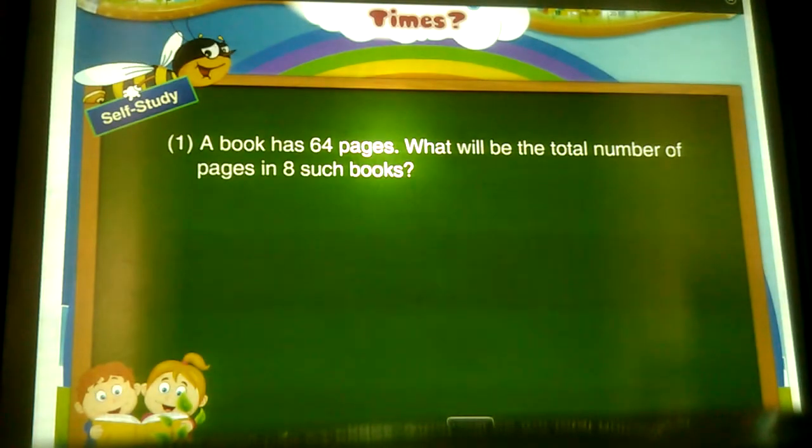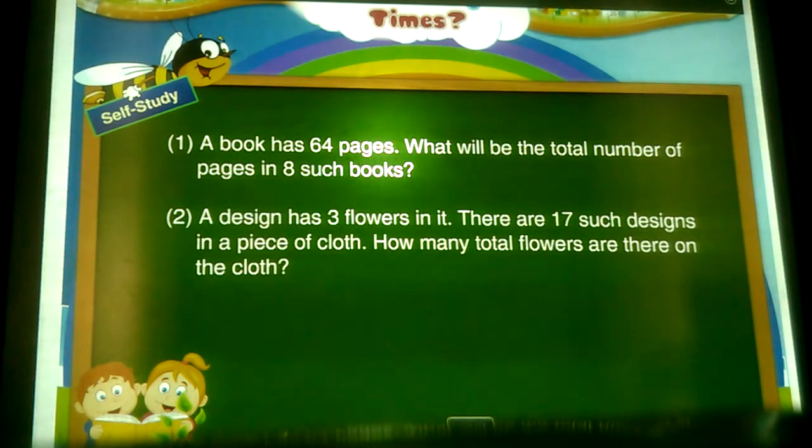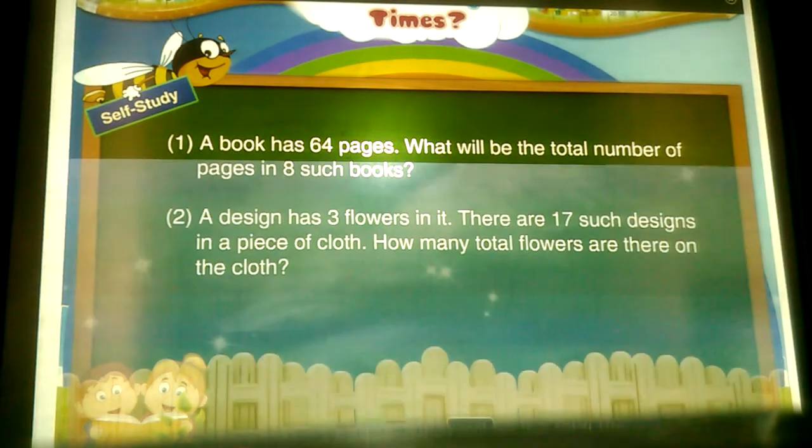1. A book has 64 pages. What will be the total number of pages in 8 such books? 2. A design has 3 flowers in it. There are